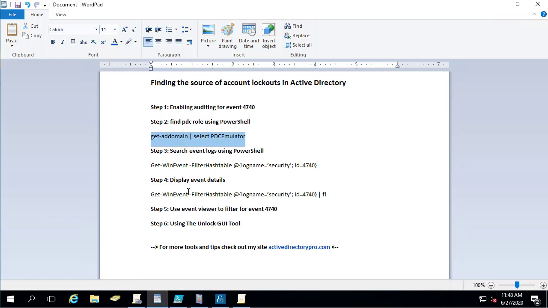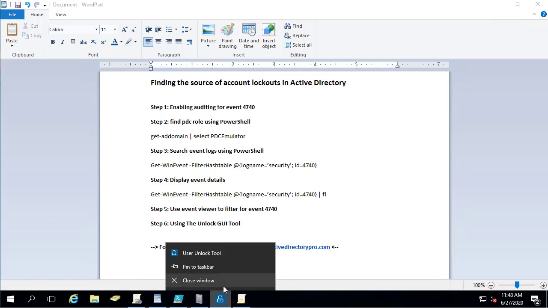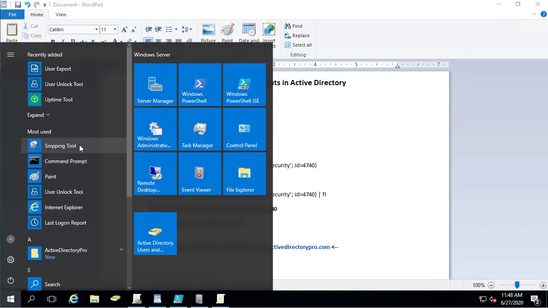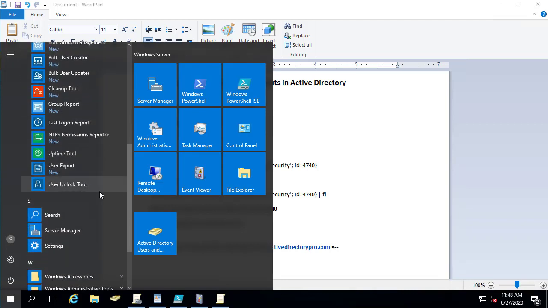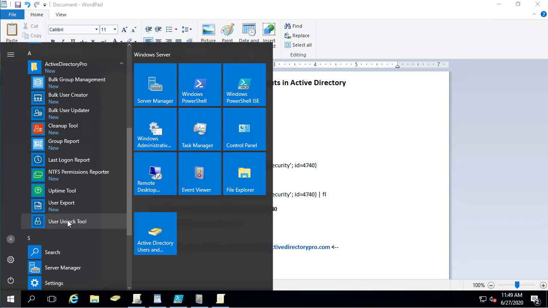So that works just fine, but you know, if you're the help desk, you want to be able to troubleshoot these really quickly, and your help desk or other IT staff may not be familiar with PowerShell or just have the time to run these commands. So I created this GUI tool that makes it really easy to find locked accounts and to find the source of account lockouts. It's a single tool, or I've got all of these tools here, in my toolkit. So the user unlock tool,